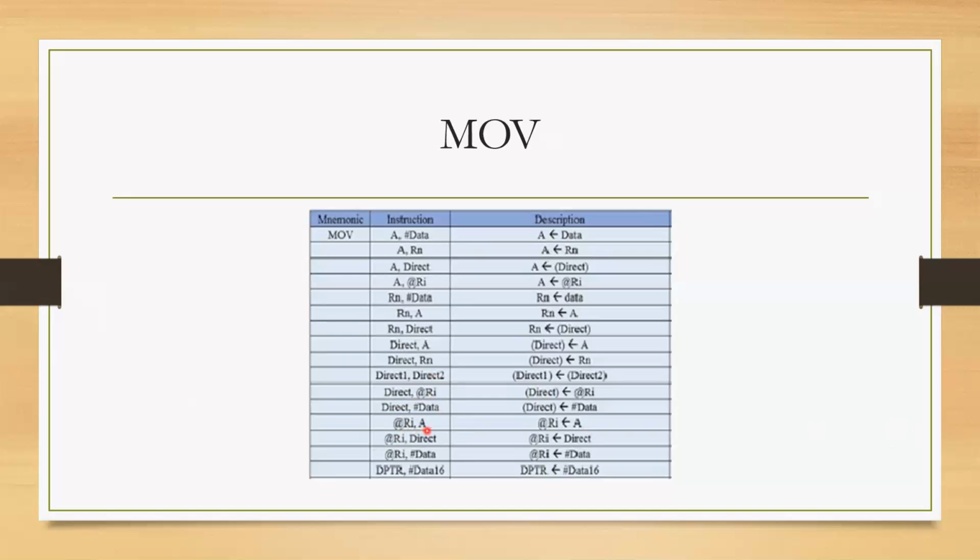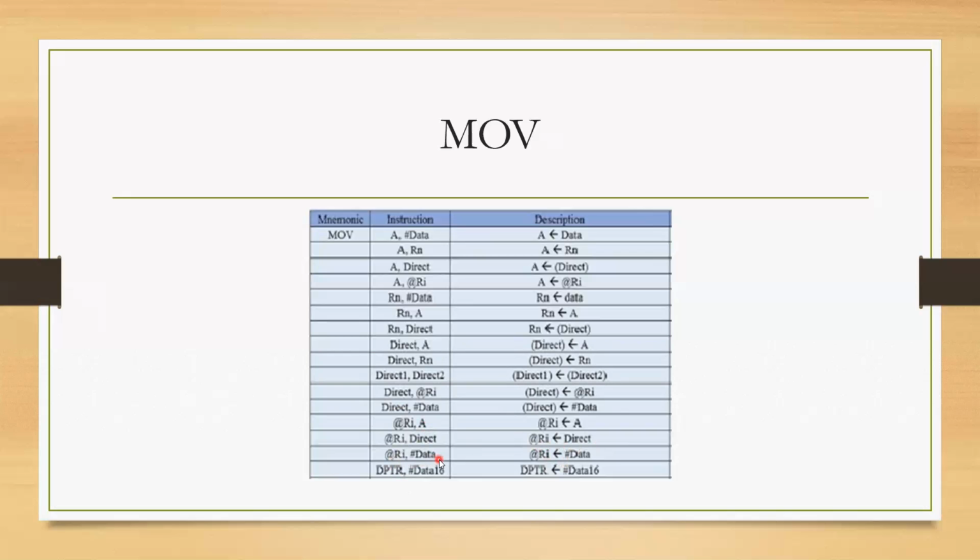MOV @Ri, A: Ri contains the address of the memory location, and to that location we copy the data in the accumulator register. MOV @Ri, direct: the register Ri is pointing to a particular memory location, and we copy the data from another memory location to the location pointed to by Ri.